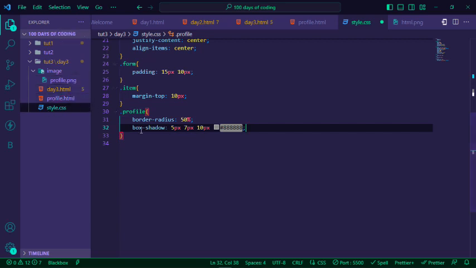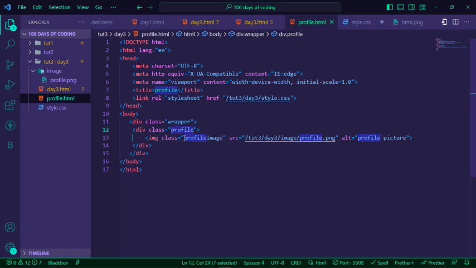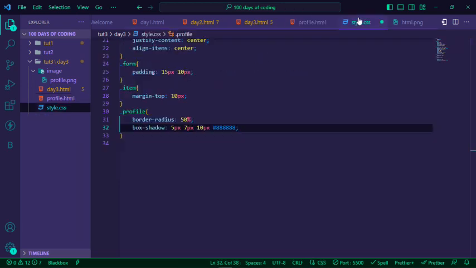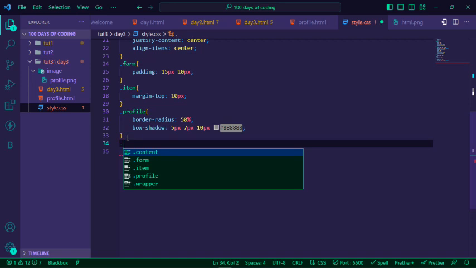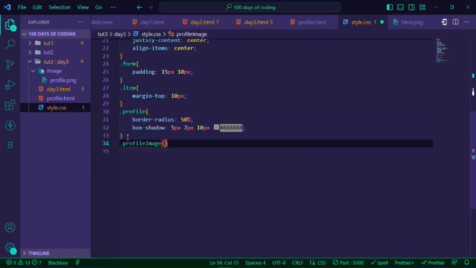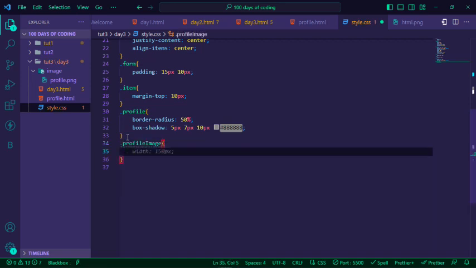So now we've done this. Now let's go to our image, and then let's copy our profile image class. Let's try to be fast. We are 30 minutes in already. All the time we've been writing this code, we've never been able to beat that 30 minutes mark. So now let's give this a width of 100%,